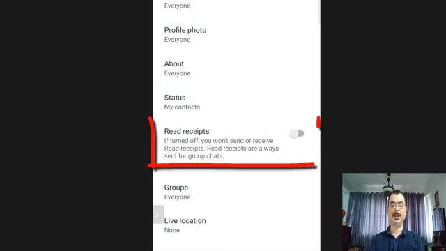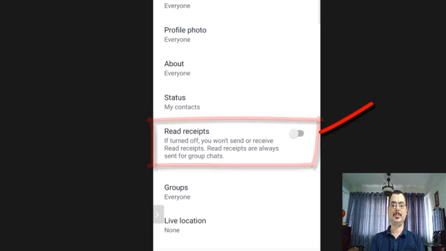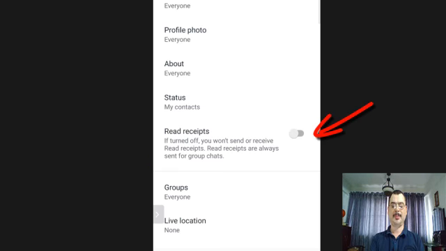When you go to privacy, you will see a thing called read receipts. Here I have put the read receipts off. The person sending the message to me will not know whether I have read it or not. And if you put it on, the person sending the message will know whether you have read it or not.